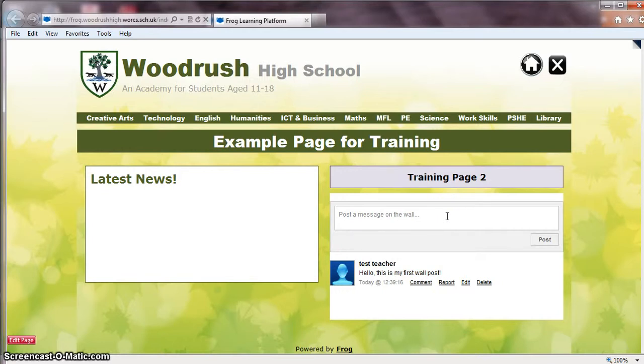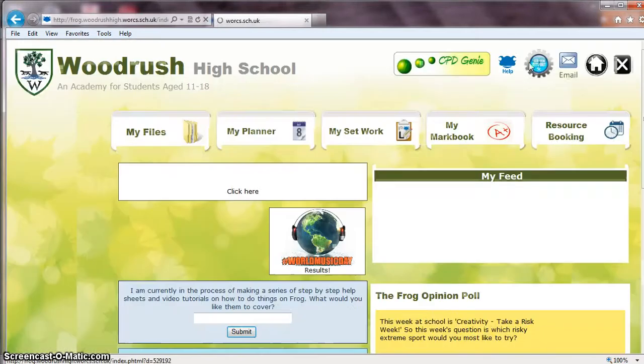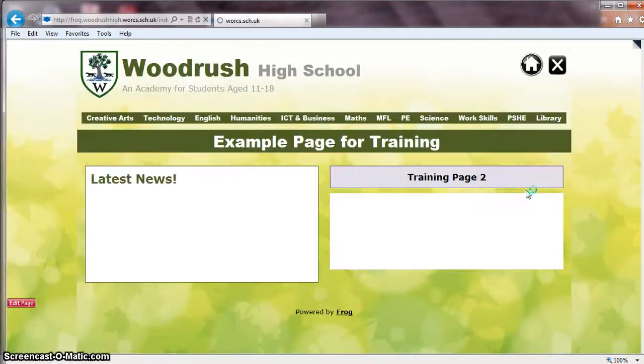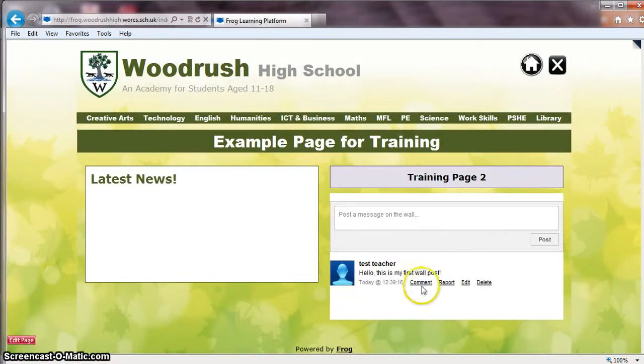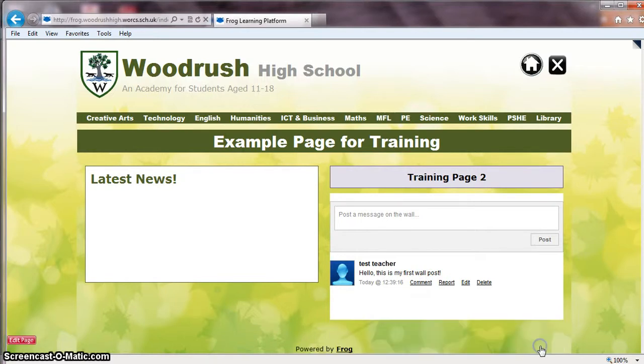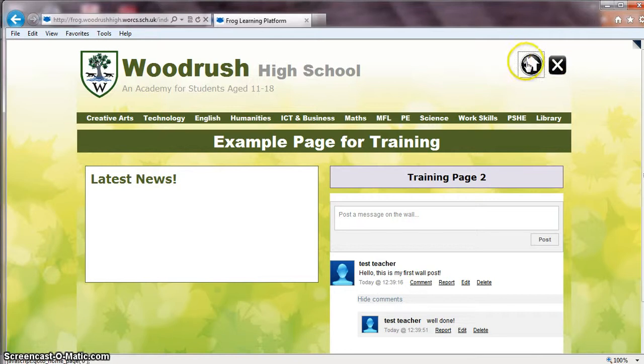But the really clever thing about this is whenever anybody now writes on this wall, it will appear on my feed on the home page. So if I go to the home page, into my feed, you can see you posted on a wall, hello, this is my first wall post. If I click on that, it takes me back to it. If I now just comment on it, and go back to the home page,